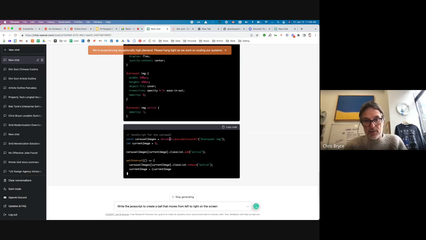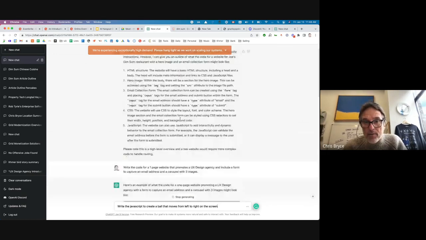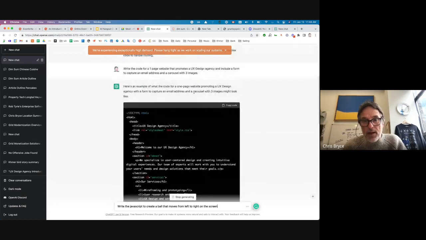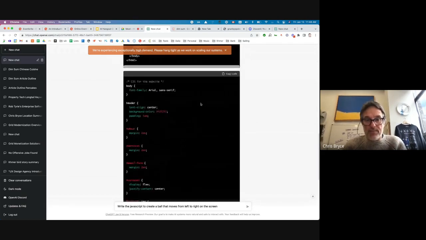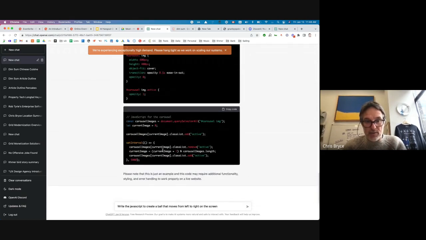Here it's writing the JavaScript for the carousel. Above, in this example, I had asked it to build me a website with a carousel with three images. So it wrote the HTML, the CSS, and now it's writing the JavaScript library or documentation for that carousel. So I'll save going through that.